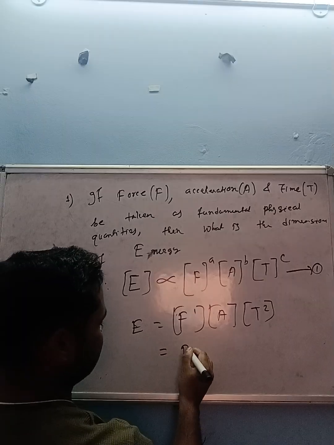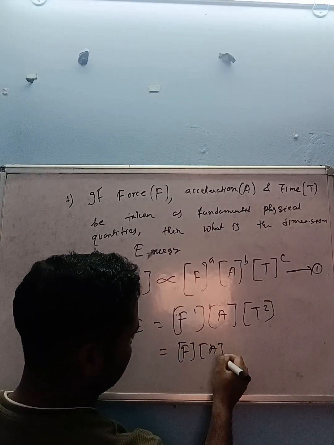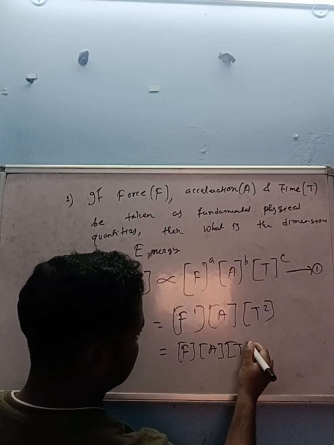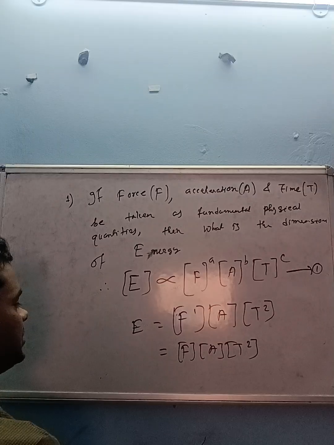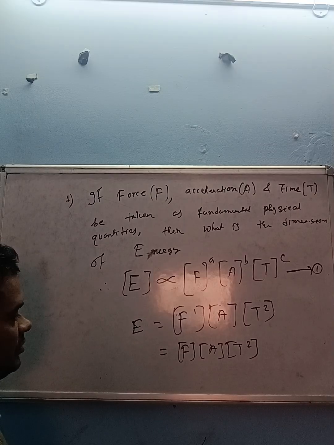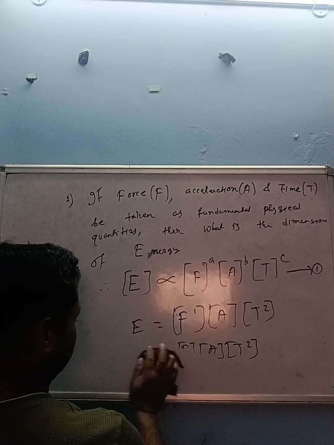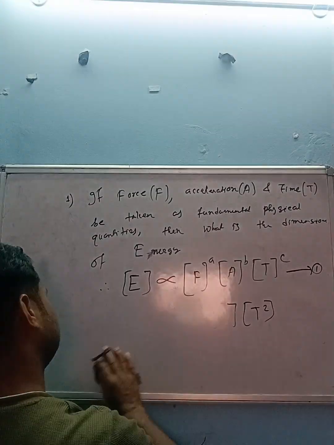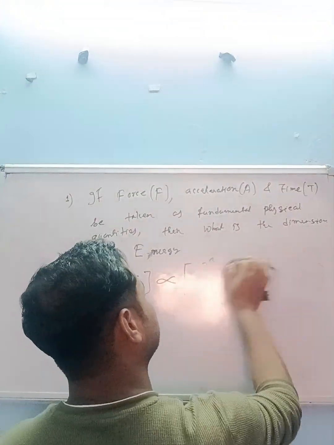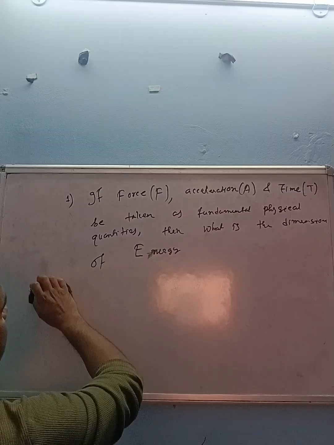You can write F, A and T to the power 2. This is the dimension of energy when the force, acceleration and time are physical fundamental quantities. This is the answer. Okay, next topic, and very interesting topic for the class 11 science, NEET and joint entrance